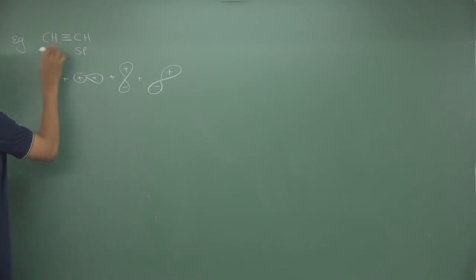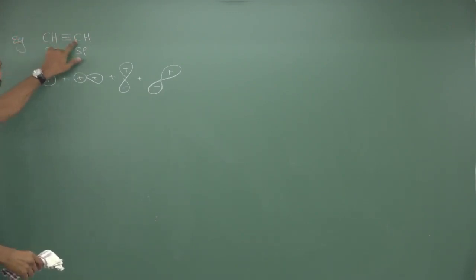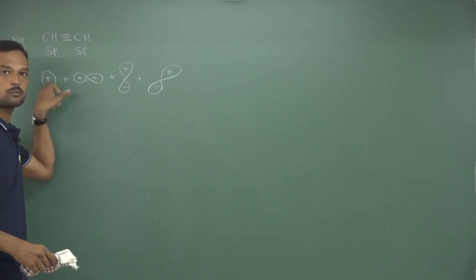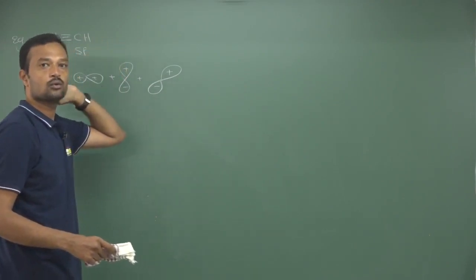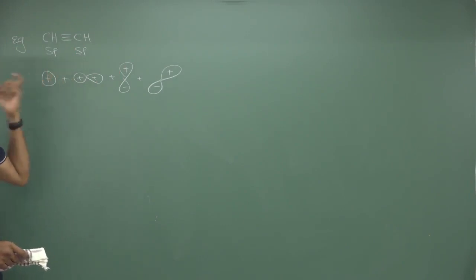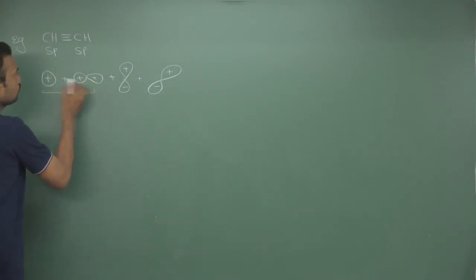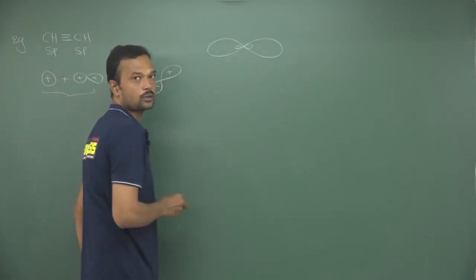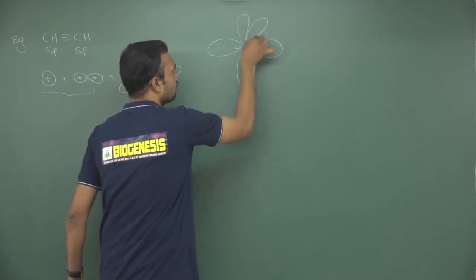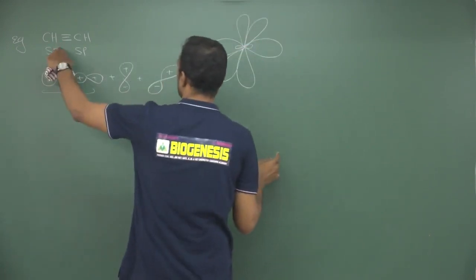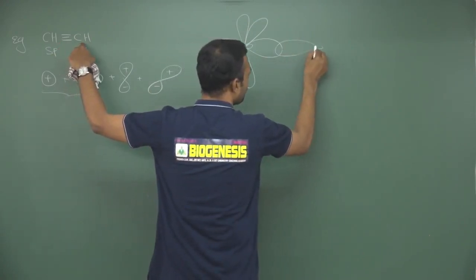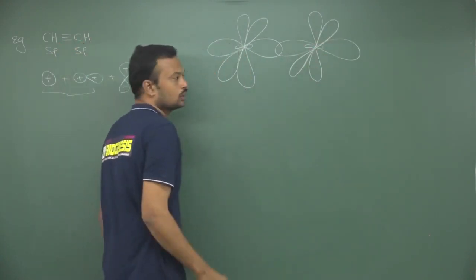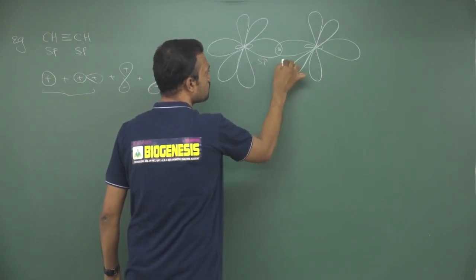So out of these two carbons, every carbon carries sp hybridization, where sp means only one s orbital and one p orbital. It may be s and px, or s and py, or s and pz, etc. You can take any two orbitals which are intermixing, in which one s orbital is a must. So we can take these two for this one. For the first carbon, two atomic orbitals are combining, so that will give two hybrid orbitals, and remaining py unhybrid, pz unhybrid. For the second carbon also I am writing the same way, hybrid, here also hybrid, here py, and here also pz.